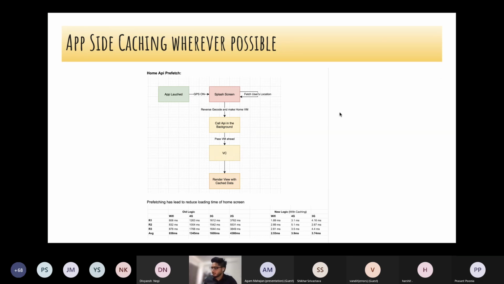Based on the old logic, our rendering times were like 8366 ms across Wi-Fi, 4G, 3G, and 2G. Even on 2G it was taking 4 seconds, and on Wi-Fi it was still taking about 1 second for the user to see the data.